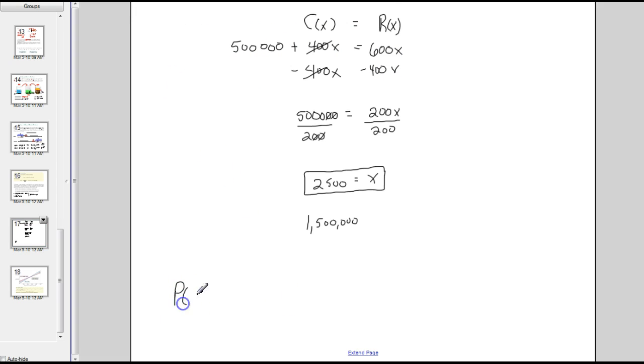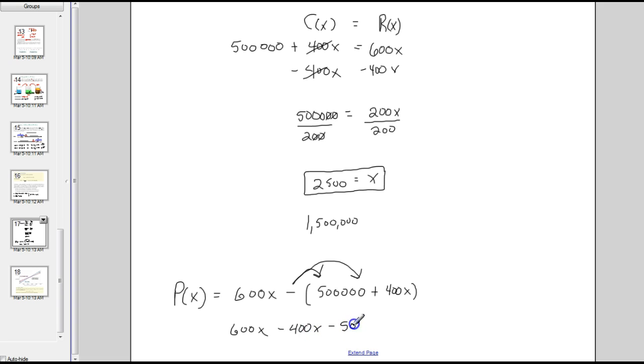So the profit function is the 600x minus 500 grand plus the 400x. And because I have to distribute this through, it's the 600x minus, I'm going to go ahead and switch the order, minus 400x minus the 500,000. I'm switching around because I'm going to subtract these. So we end up with 200x